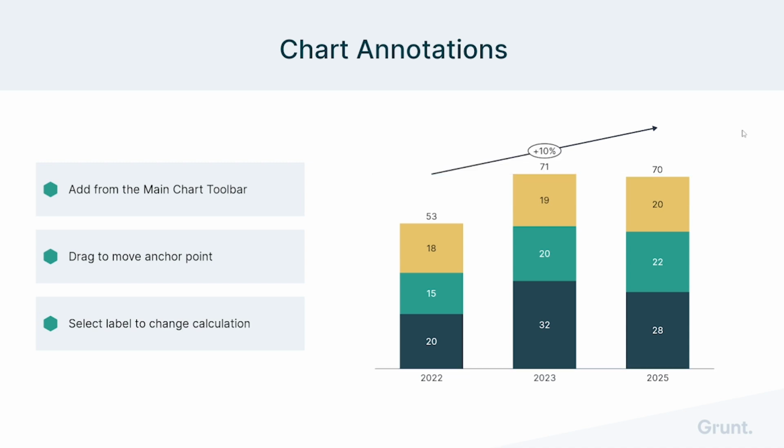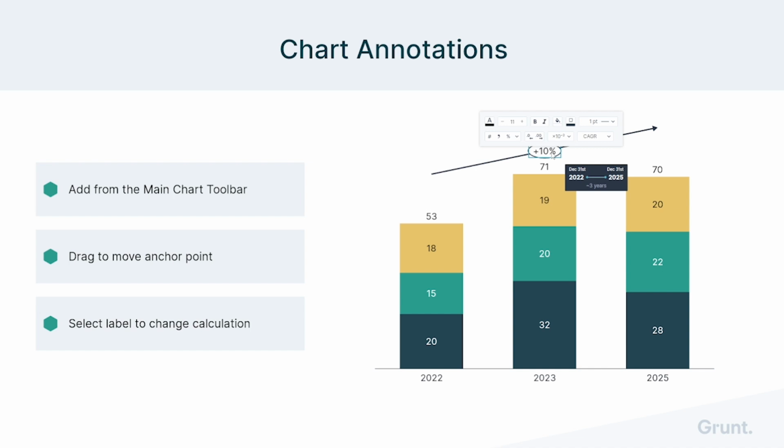We've now inserted a CAGR. One thing that's important to note is that Grunt by default will compute the CAGR using an index-based calculation. That means it will use the number of columns that you have in the chart to calculate it. However, a neat trick is that if Grunt can detect that you really have dates as your labels there, it will use the dates instead to compute it.